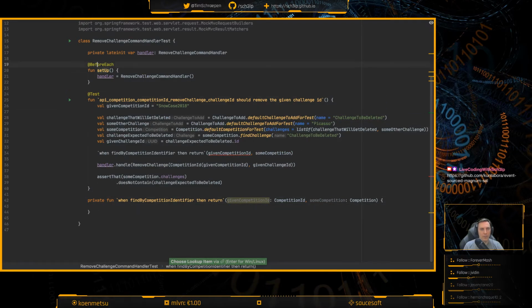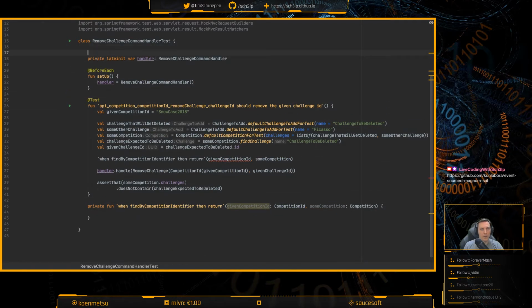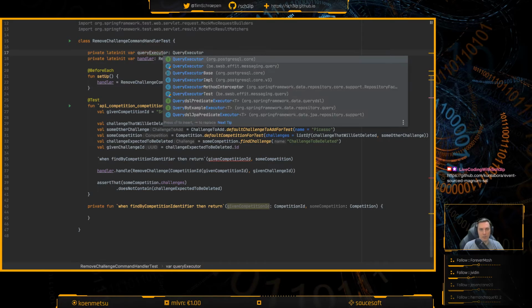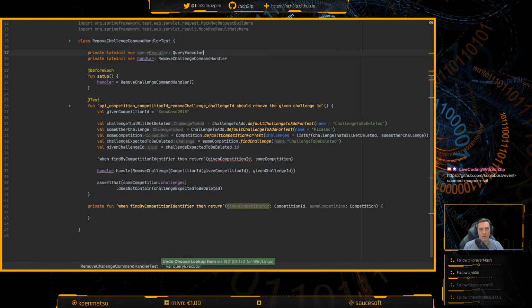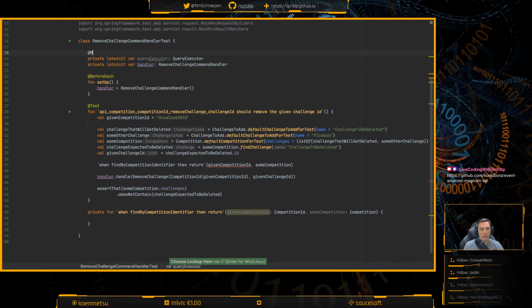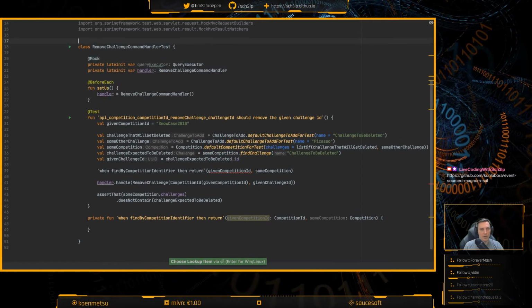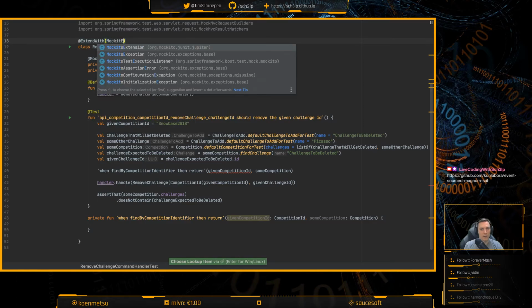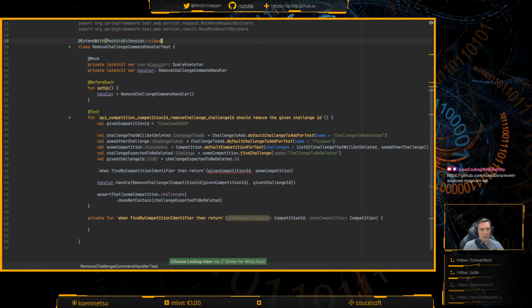And then we'll need another private lateinit var query executor, which is a query executor. No, not that one. Another one, my own one. That's right. Let's do the @Mock annotation. That means we'll need to extend with the Mockito extension. There we go.